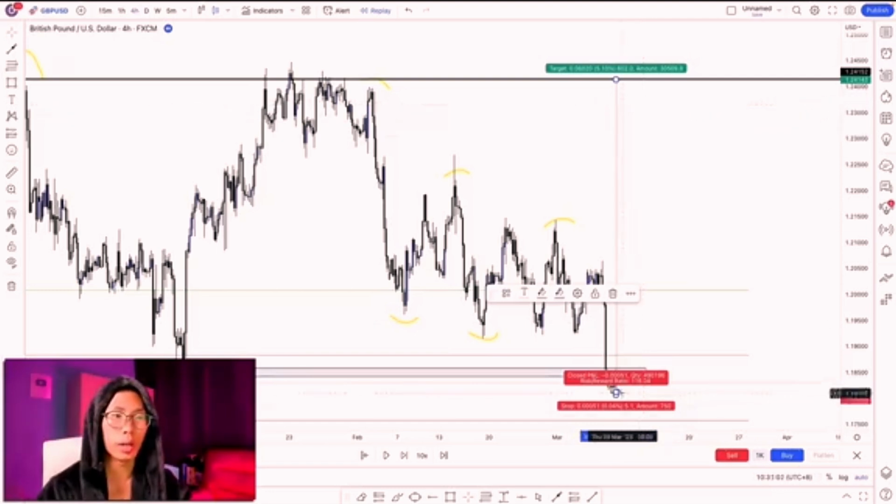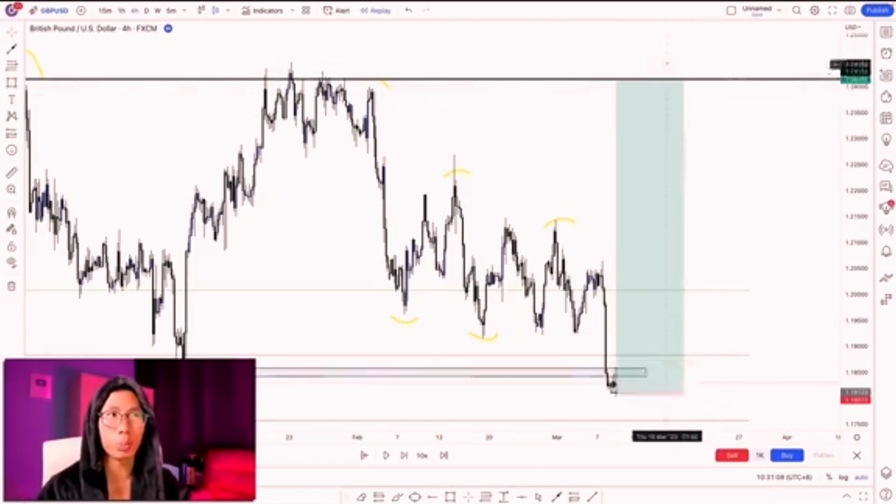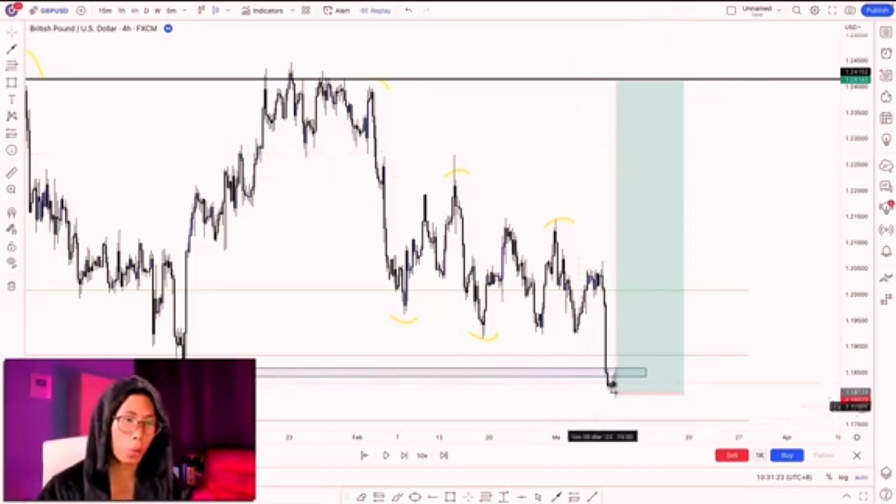1:100 risk to reward ratio, guys. And obviously this is more of a swing trade already because you are literally getting like 600 pips in return. But I just wanted to be transparent with you guys and show you how I get these insanely high, insanely high sniper entries, right? And obviously, if you're scalping, you won't be doing this because you won't be holding the trade for so long,